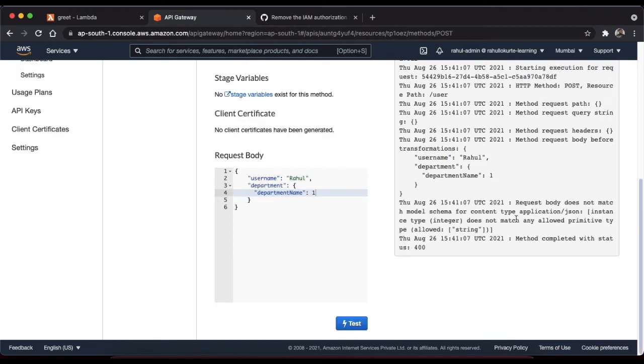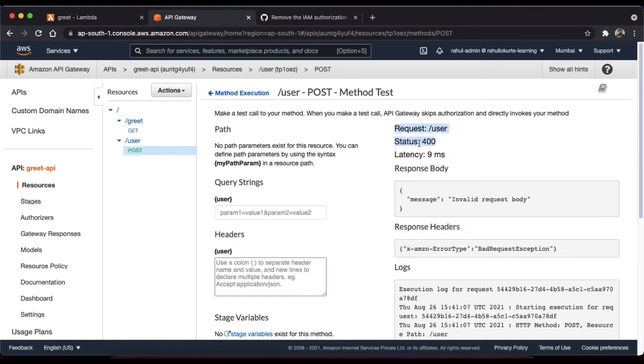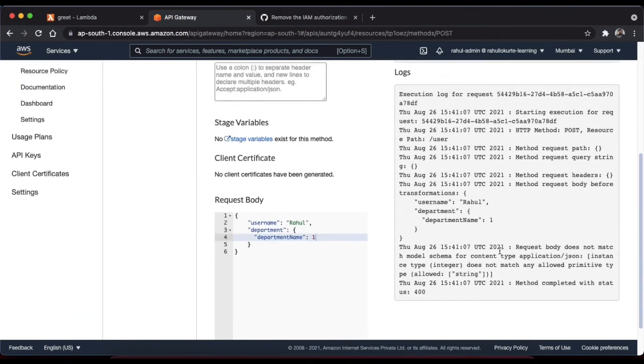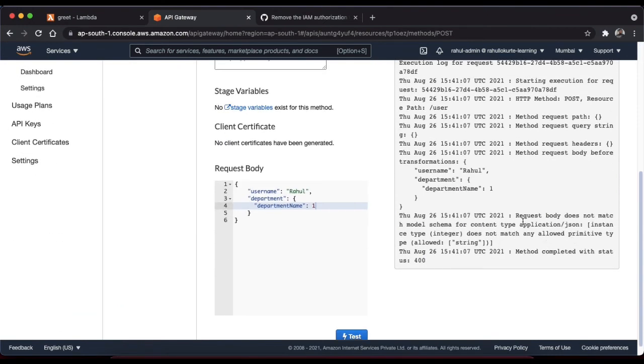Now if you see, we get 400 because it's a request validation error, invalid request body. If you see the logs, it clearly says that instance type integer does not match any allowed primitive type string. As string is allowed and we have passed an integer, it does validation at the API Gateway.